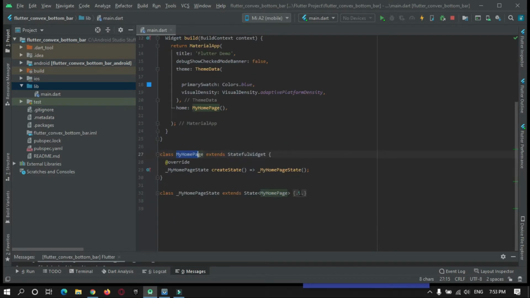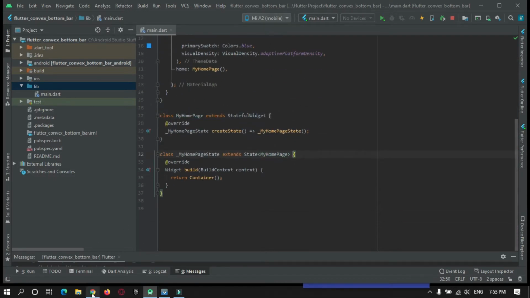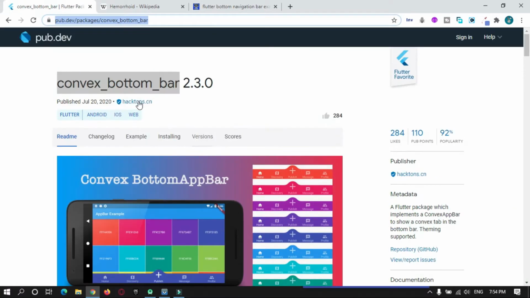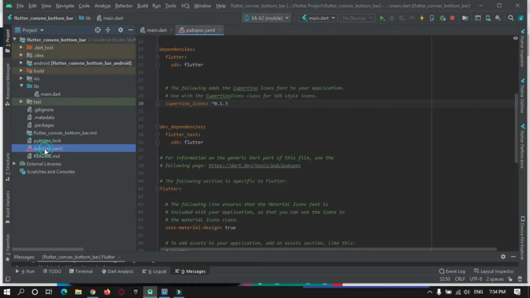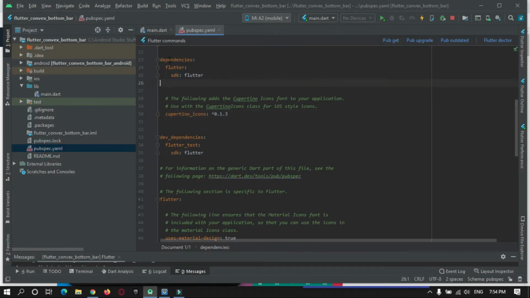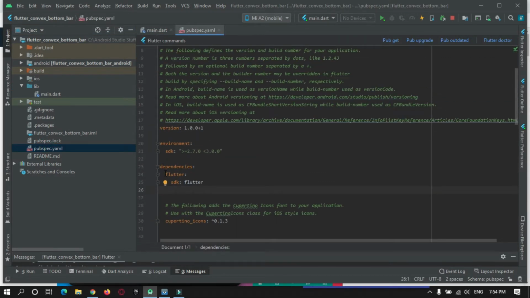So then we need to add this library in the pubspec.yaml file. Open the pubspec.yaml file and just at the bottom of this flutter section, add this library, convex bottom bar, and keep the version empty.